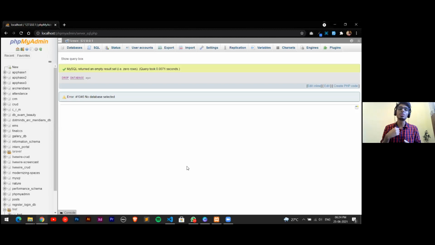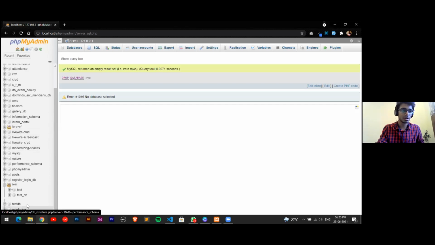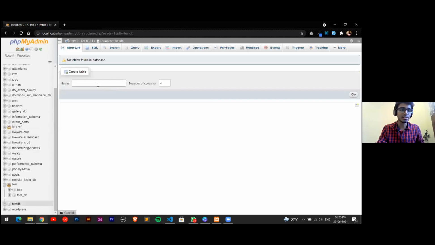And if I want to store more information about the student, let's say the number of books he has borrowed from the library, we will create a new table for that. We won't create a single table and put in all our data, because while retrieving that data, the web application would work very slowly. So we create a separate table for it, so that our web application works efficiently. This is the concept of tables. I'll create a small test table inside this test db.